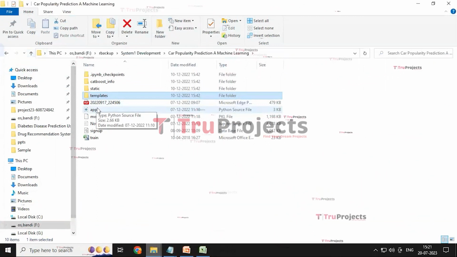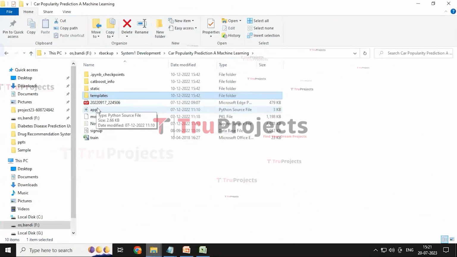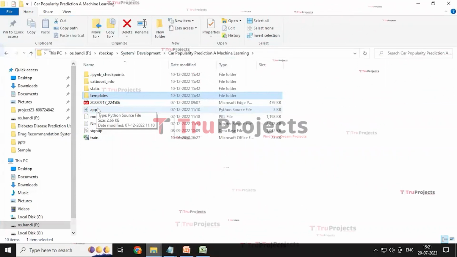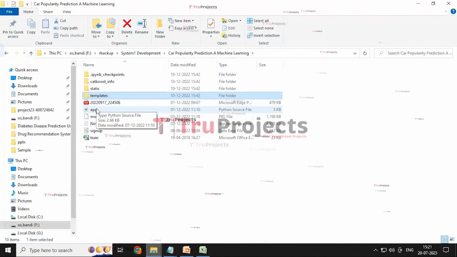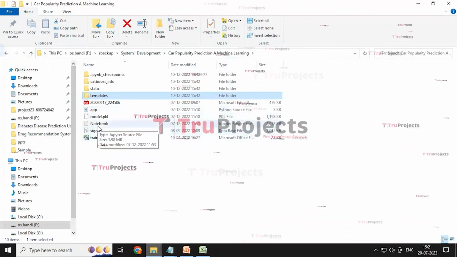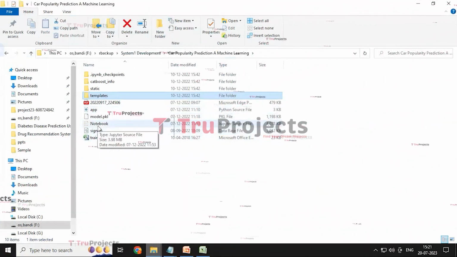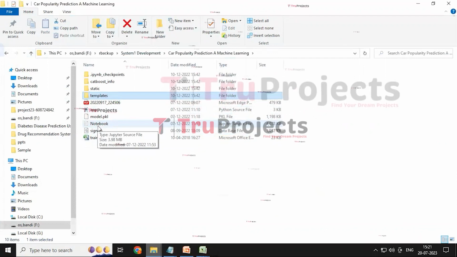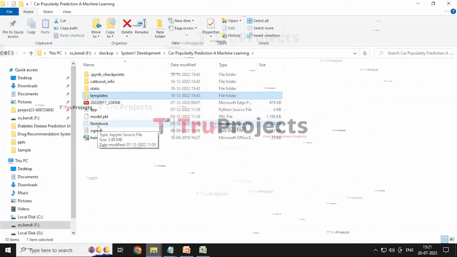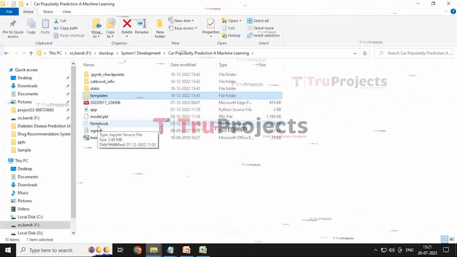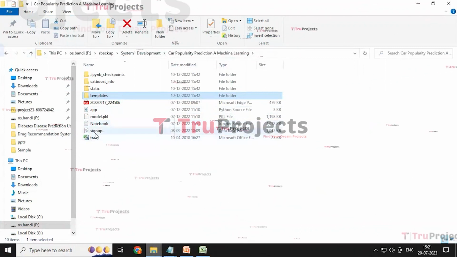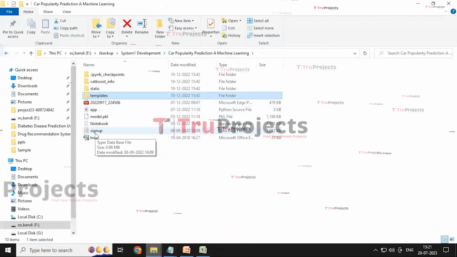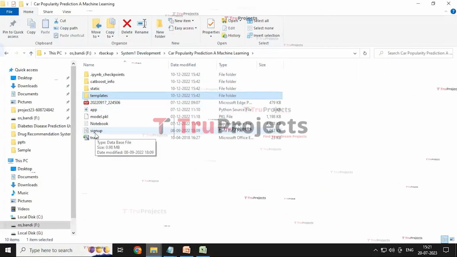It includes the code written in Python that handles the server-side operations such as processing the user request, interacting with the database, and generating the dynamic content to be rendered in the HTML template. The notebook is an IPYNB file that contains a combination of code, graphs and output all in one place. It allows the user to write and execute the code in individual cells, making it a popular choice for data science. And the sign-up is a DB file that stores the user information.